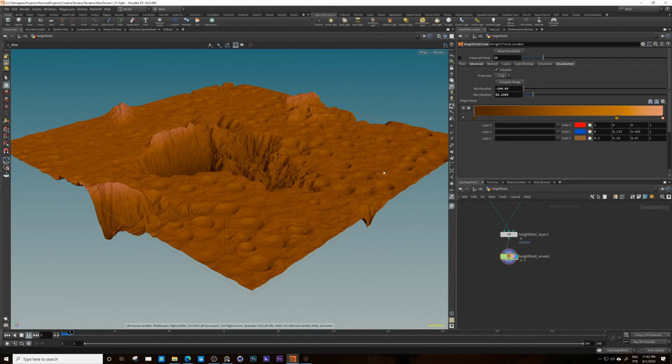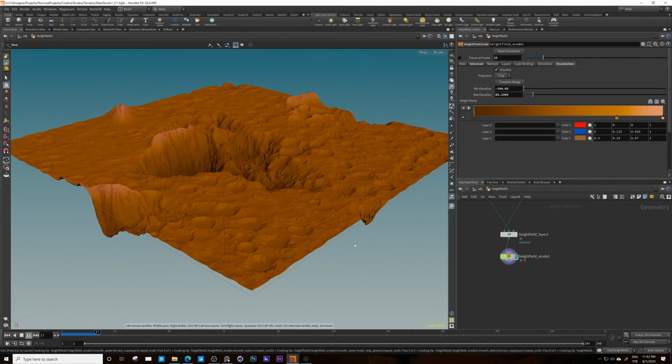If you don't want this to erode, you can place this after this erode node. You can put another layer and just mix it afterwards. But all depends on the story that you want to tell. If this has been here a long time, maybe you want to erode it as much as everything else. Maybe if it's really new, you want to erode it